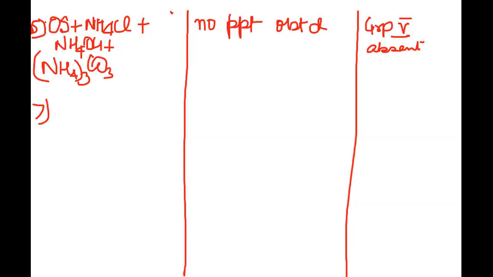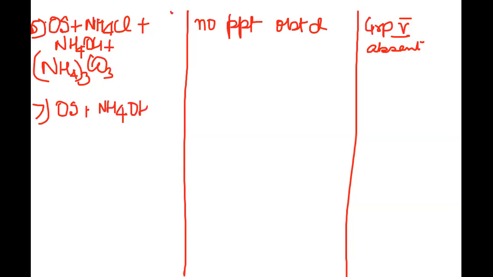Again, group 6 does not have a particular reagent. It has separate reagents for the separate ions that are there. One of the other ions is sodium, but you don't have to do sodium. Since you only have to do magnesium, we will be just doing that. So here again, the above solution from group 5 can be boiled and cooled, and ammonium hydroxide can be added, or you can straight away take the original solution. Actually, it is always preferable to write that the above solution is boiled. So here I will write OS plus NH4OH.